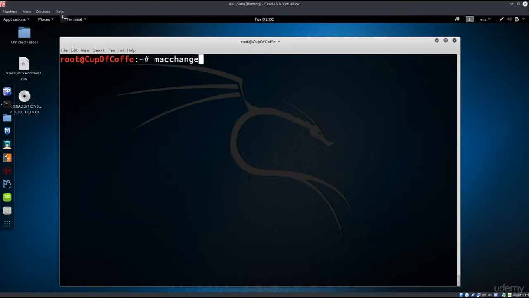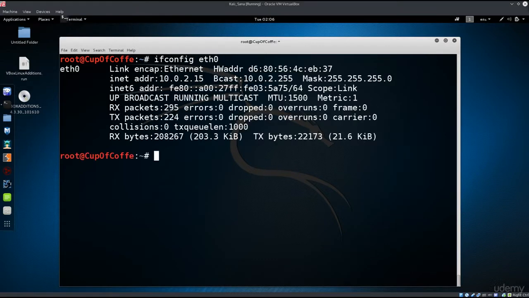Anyway, let's just type in macchanger -r eth0, which is our interface. Actually, before that, let's type in ifconfig eth0, and we see the MAC address here. I have already changed it, but let's revert it back. Now let's just go ahead and continue. Let's change it again. So let's type in macchanger -r eth0,